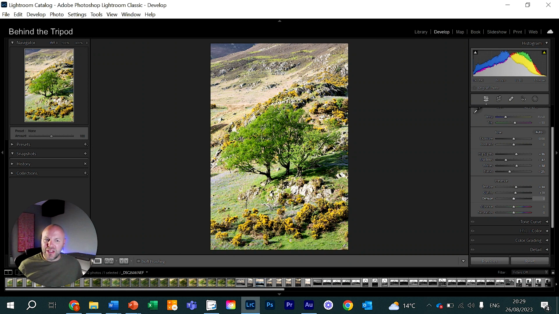Dehaze is interesting. I don't really touch this one very much. What dehaze does, very good for landscape photographers. If you've got a hazy scene, it will take some of the haze away, or you can increase haze. I will show what it does. So if we increase the haze,